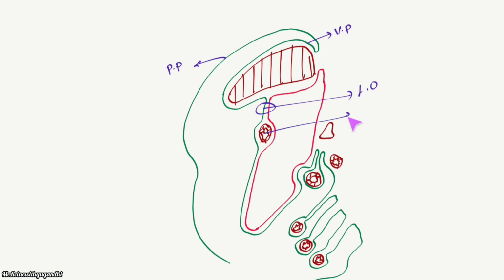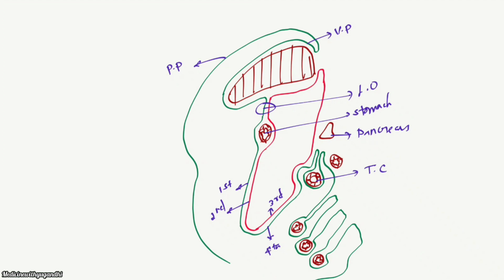Then this one is the stomach, and this is the greater omentum. This is the first layer of the greater omentum, and this is the second layer of the greater omentum. As I mentioned in the previous video, the first layer folds upon itself to form the fourth layer of the greater omentum, whereas the second layer folds upon itself to form the third layer of the greater omentum. Then this is the pancreas, and then this is the transverse colon, and what is lining that is called the transverse mesocolon.